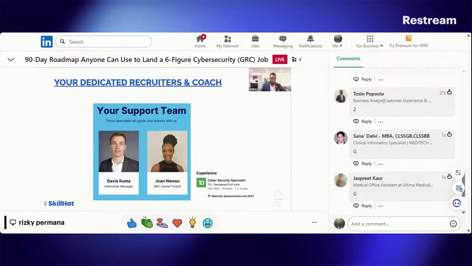We have to recruit Davis, a really strong recruiter who has a whole team. And he's the internship manager. He ensures that you are placed in the internship. And then Joan will coach you through the process. Joan is the leader at TD. You can Google her. She was a project manager. She pivoted into cybersecurity herself. And so, technical background herself, so she understands the space. So she's going to coach you to success on the role while Davis will place you in the role.